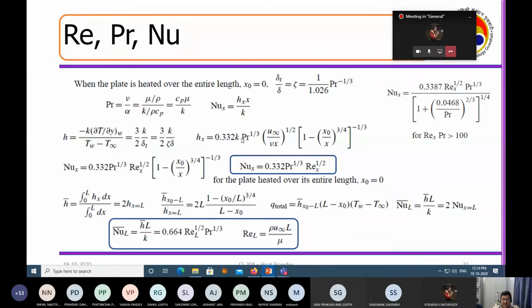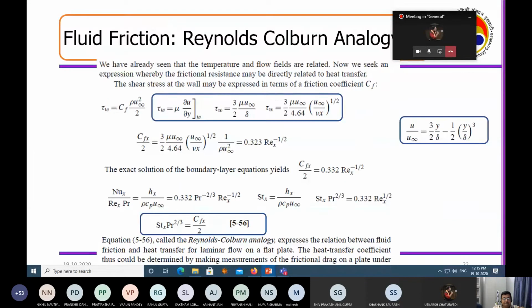in order to arrive at this equation. So genetic algorithm has been used to prove this equation from the discrete form, from the forces and all, right? But then, this we are obtaining from the analytical side, which was the development for the last 200 years. So this is the Nusselt number at X, and this is the Nusselt number average. The thing that you need to understand is that Nusselt number is proportional to Prandtl number to the power 1/3 and Reynolds number to the power 1/2. So they are not linearly correlated. So there is some non-linearity associated with that, and we understand the reason behind that.